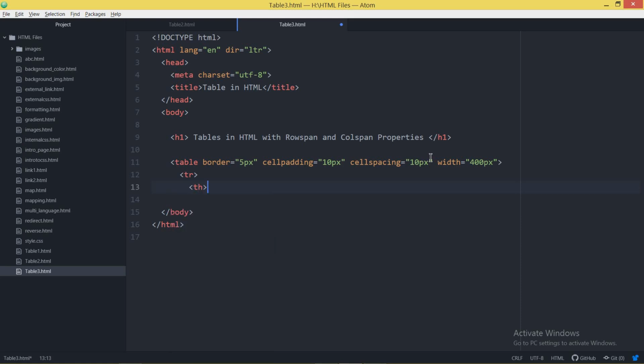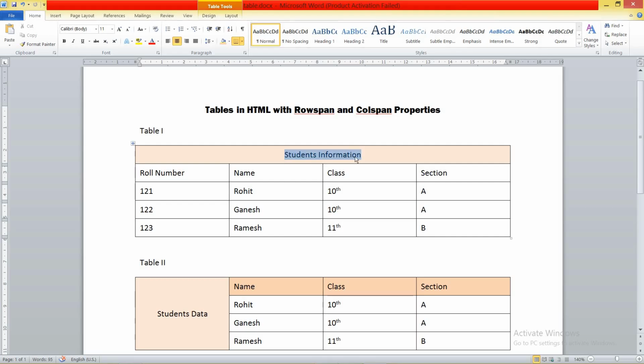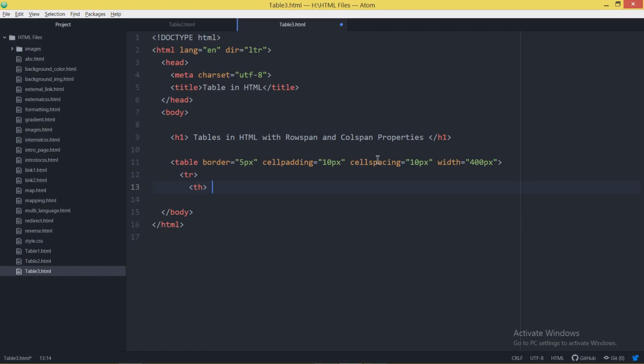Th stands for table heading. It means when you give the th tag, your data will come out bold and aligned toward the center of the cell. This is the advantage of giving th instead of td. In this I write th, that is, students information. This is the text which I want to write in the cell.